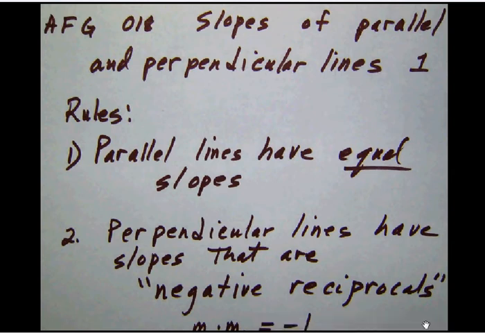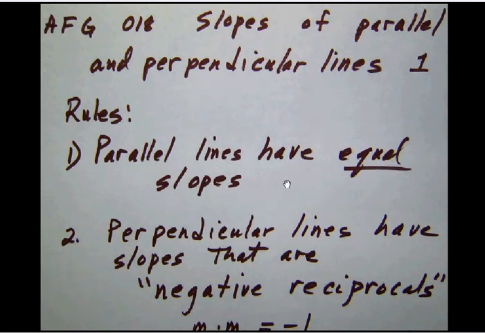In this set of ALEKS College Algebra, we will be looking at the slopes of parallel and perpendicular lines, Part 1. And so let's immediately look at a few rules here. A rule: parallel lines have equal slopes. So if two lines are parallel, they obviously run alongside each other, and they will have slopes that